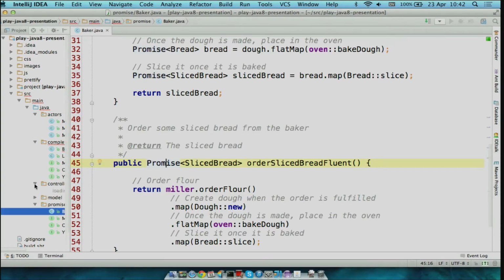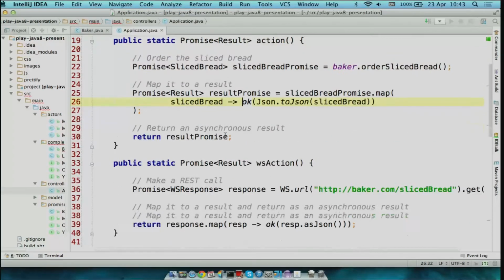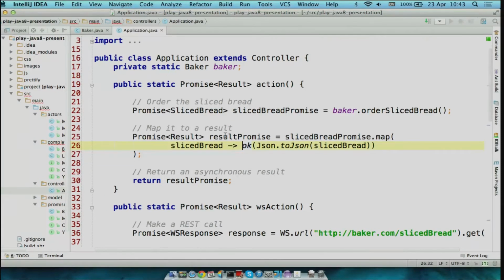So in Play, HTTP requests are handled by controllers. And here I have an action, which will be invoked by Play when a request comes in for whatever URL this action is matched to, and it returns the promise of a result back to Play.